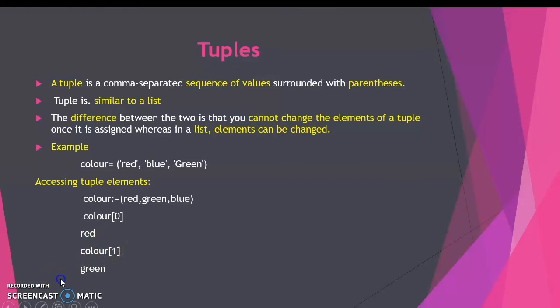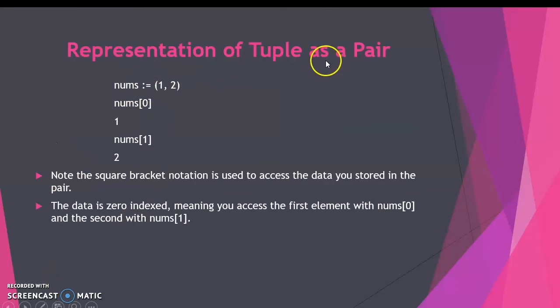Now you can see the representation of tuples as a pair. We already know a pair can be represented as a list or a tuple. In data abstraction, the compound data structure pair can be expressed either in the form of a list or a tuple. In the last class we saw one example, the rational number example, to represent a pair of elements in a list. Now you can see the example to represent the elements in tuples. Tuple as a pair.